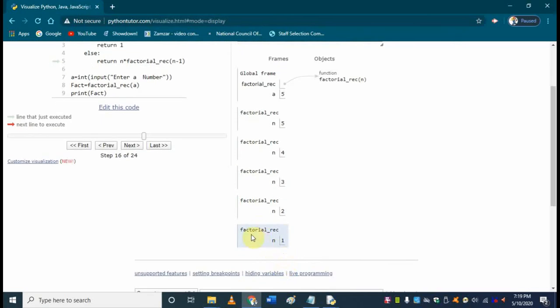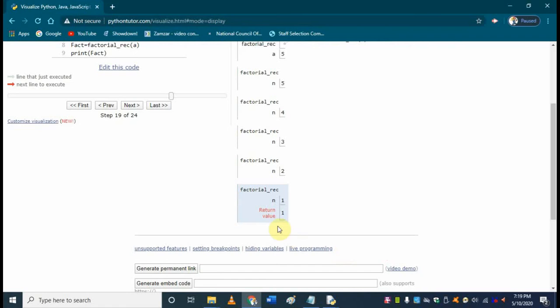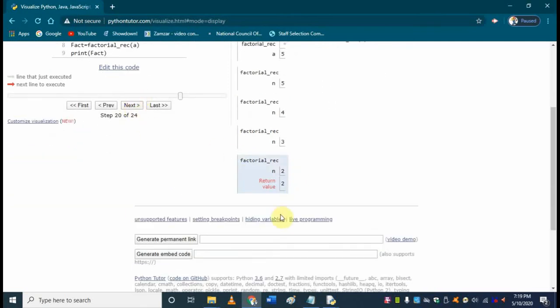Now you see what happens. Now you are at factorial of n is equal to 1, right? So when n is equal to 1, at this stage, see how the program runs. When n is equal to 1, what does the program say? Return 1. Fine. So the return value is now 1. Now this function is returning that value to which function? It is returning this value to just above this frame. So there is another function which called this particular function, and the value will be returned to it. Just see how it works. Okay. So it has returned the value to the previous frame.